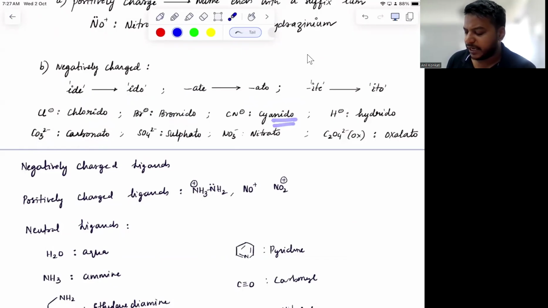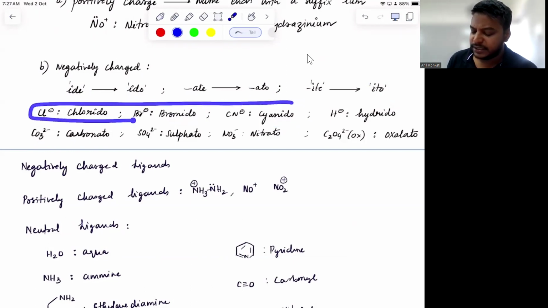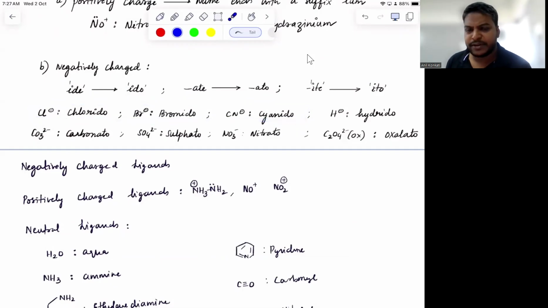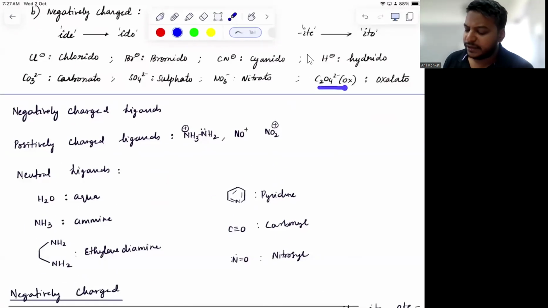Cyanide ends with cyanido. Especially for halides and cyanides, we can always use the old IUPAC name as well as the new IUPAC name. Ido is the new IUPAC name. Only o was the old IUPAC name, which is chloro, bromo, cyano. Okay, we can use that. Oxalate, we will use it as oxalato. Okay. So, like that,